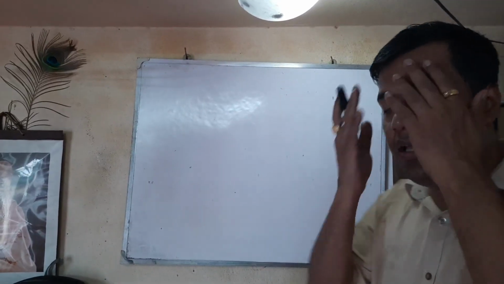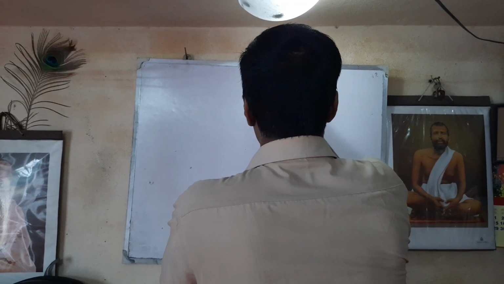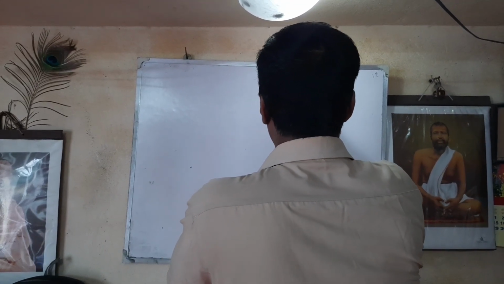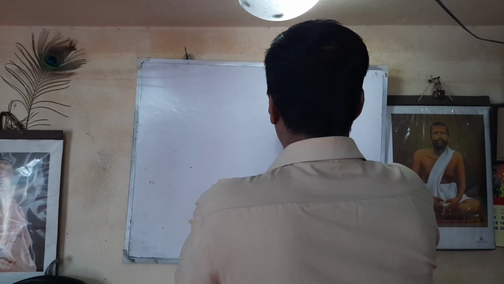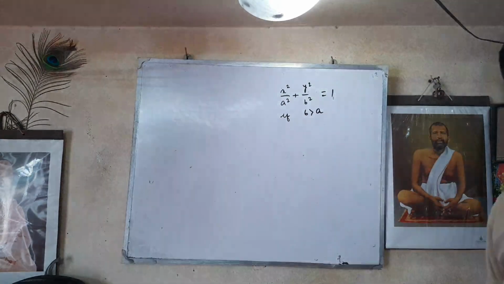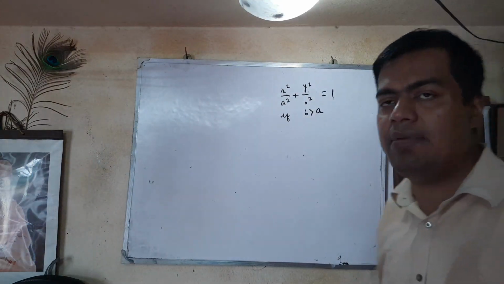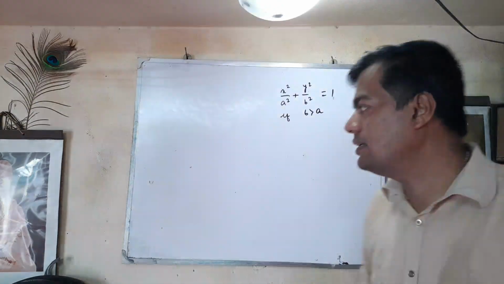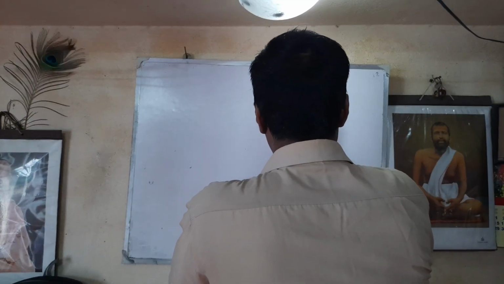Let us draw another type of elliptical equation, the same type of equation as we discussed in our previous topic: x square by a square plus y square by b square equal to 1. If b is greater than a, that is, now what was b? b was the length of the semi-minor axis in our previous discussion. If b is greater than a, then the center of the ellipse